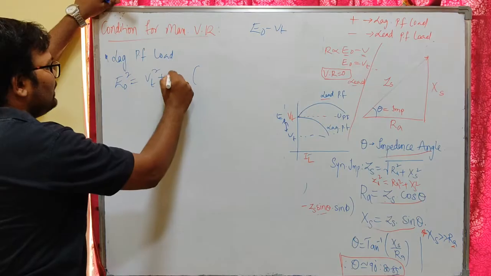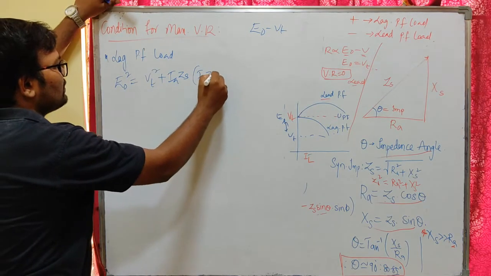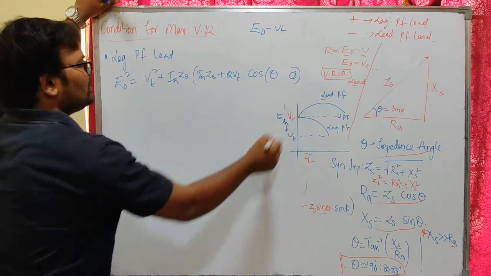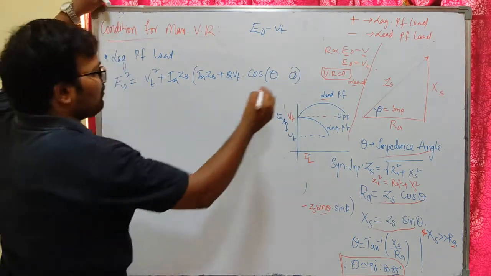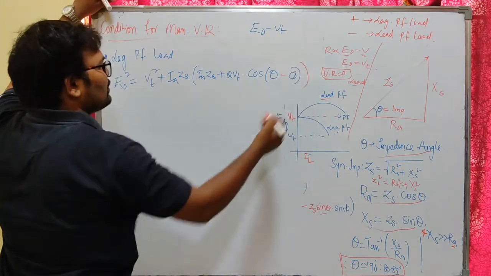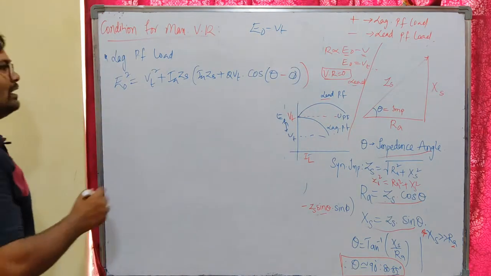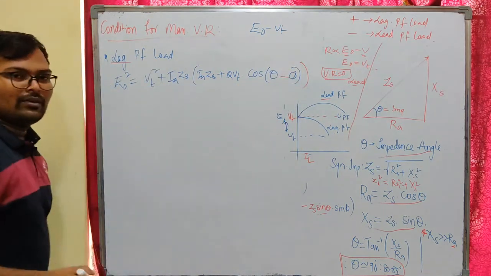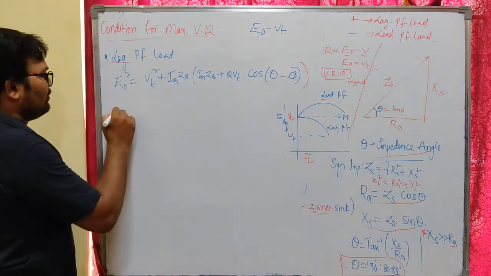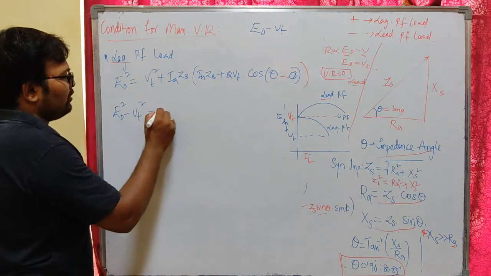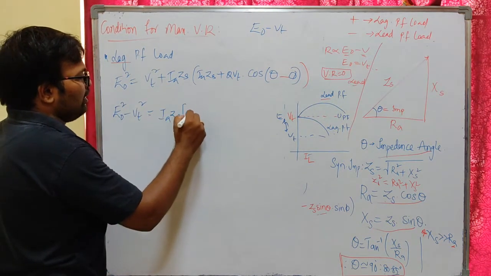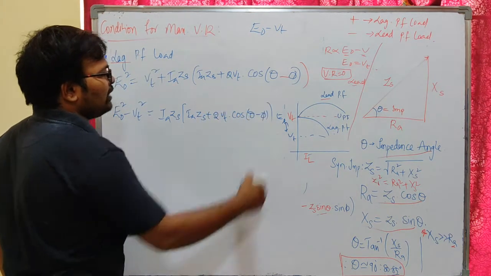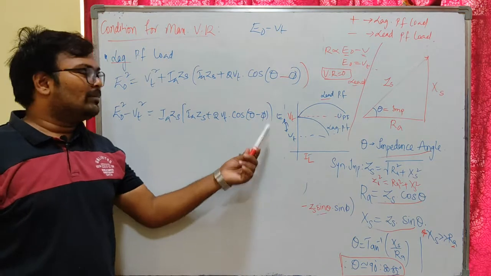Okay, IAZS into IAZS plus 2VT. Here cos of theta, and what is here? It is leading power factor. Sorry, it is lagging power factor. The equation will be like this: theta minus pi. It is important. Okay, for leading power factor it was plus, but here it is a lagging power factor, it will be minus. Okay, now let us try to obtain. So the difference E naught square minus VT square is our voltage regulation term, IAZS into IAZS plus 2 into terminal voltage cos of theta minus pi. Okay, here theta is our load impedance angle and pi is power factor angle.